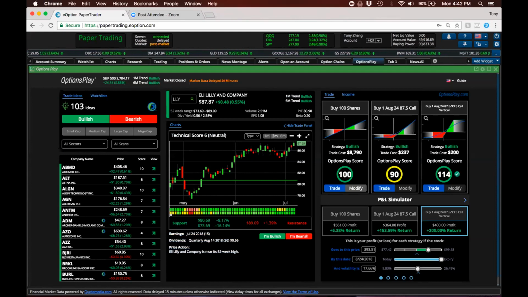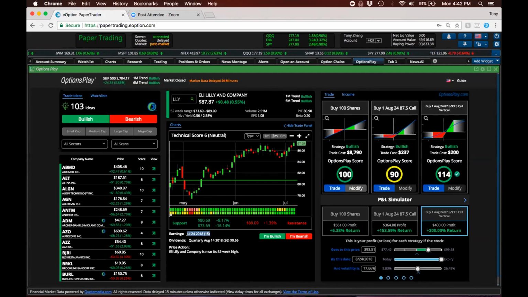As you can see, Eli Lilly reports earnings on July 24th, which is 15 days away. This is the type of information you need in order to trade earnings: to know when the next earnings date is and how many days away it is. These are the things that help you select expiration dates. And lastly, we have trading and income here on the right. This is designed to provide everyone with a starting point with different strategies, regardless of whether you're a complete beginner to options trading and you just know how to trade stocks, to a simple option strategy like buying a call, or a more complex option strategy like buying a call vertical.